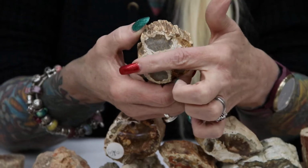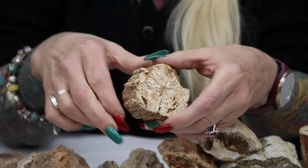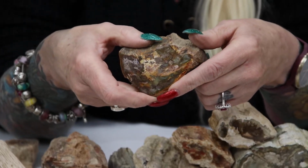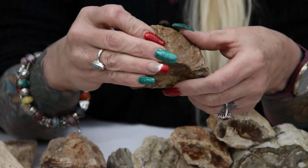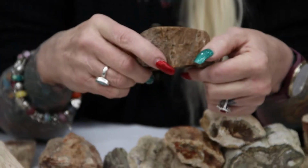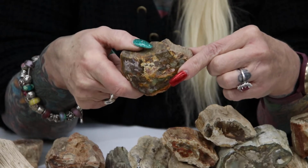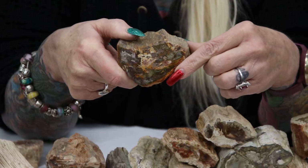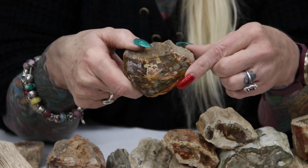You can see the rough back, which is so different from the really pretty polished front. And these do come in amazing colors. This piece here, even the back side, you can see all the dark colors in it, but with the greens and the yellows, these are really rare colors. Our petrified wood, we do grade it on the color. So if it's got red, yellow, or green in it,